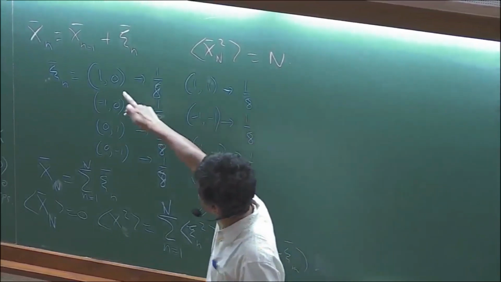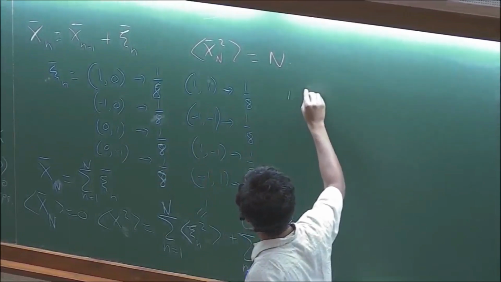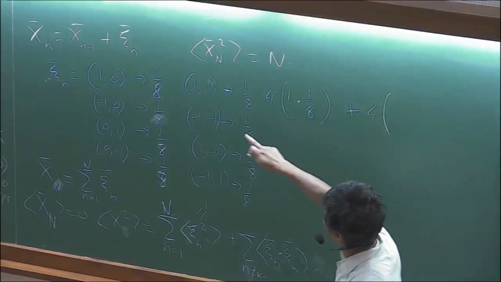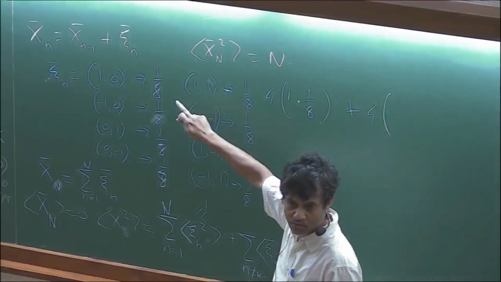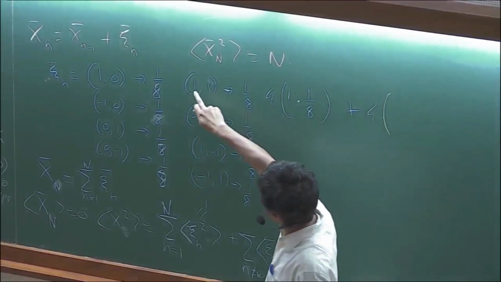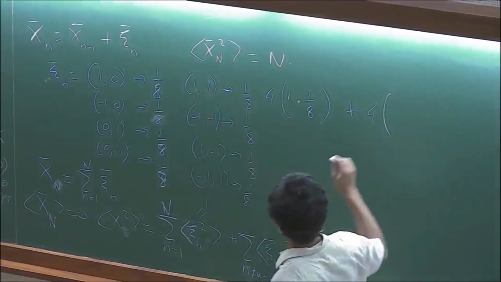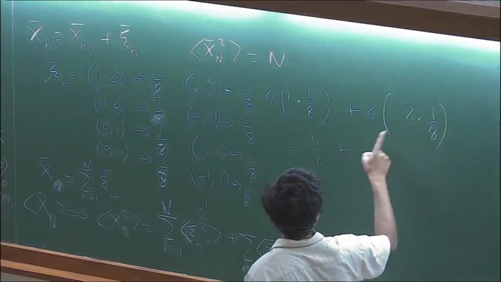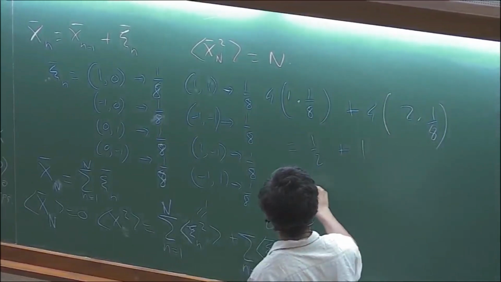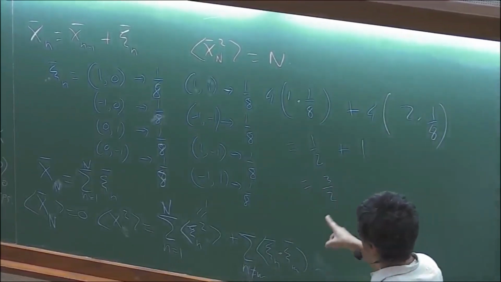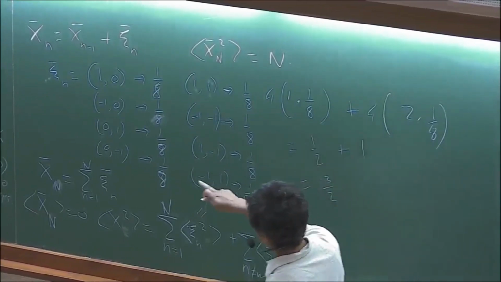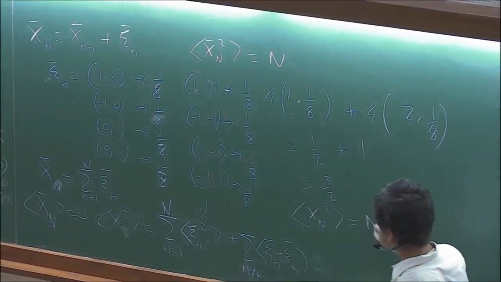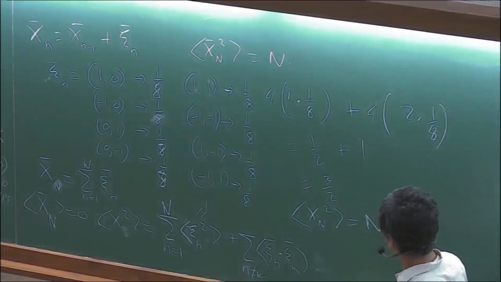So all of this is 1. So 1 into 1 by 8 into 4 of them, and plus 4 into each step xi square is 2. 1 plus 1, 2, right? Xi square is 1 square plus 1 square, so that's 2. So 2 into 1/8. So that is half plus 1. So that's 3 by 2. Okay, so therefore for this model, xn square still grows as n, but the prefactor is